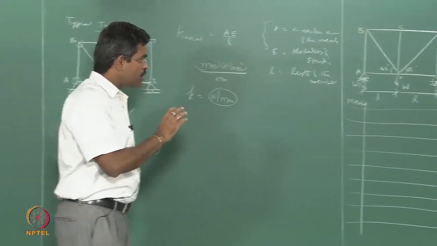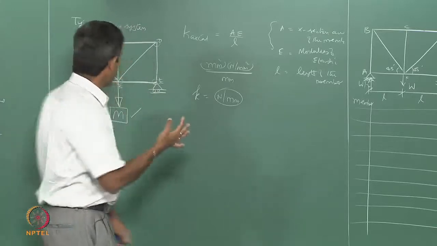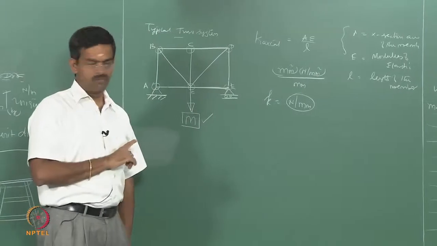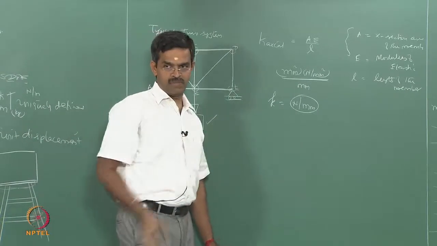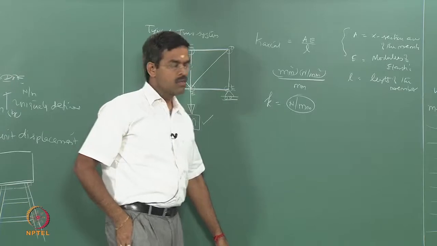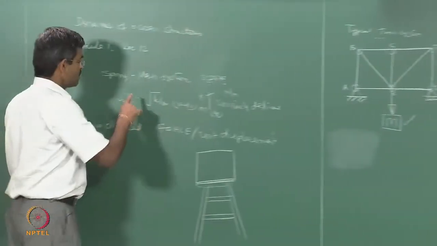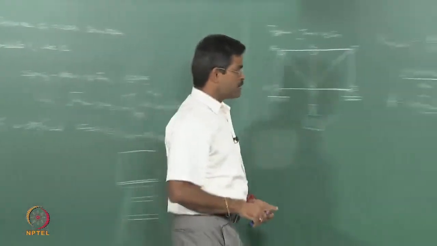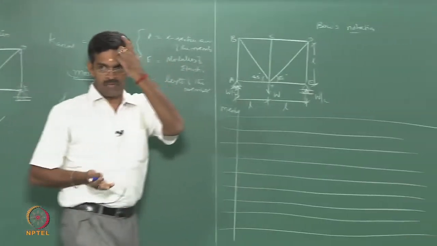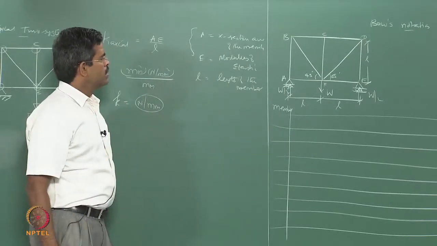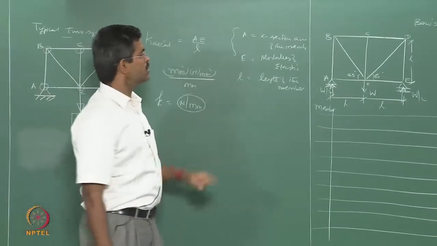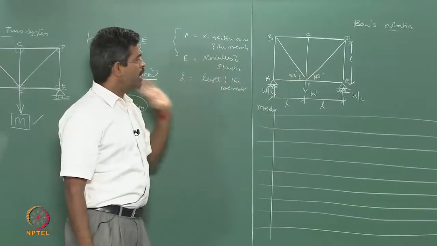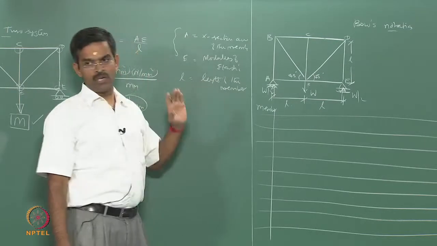Now, you are deviating to a thinking of structural mechanics, because we are talking about dynamics. In dynamics, we are not interested in forces, we are interested in stiffness, which is rather equivalent stiffness. Then why are we talking about forces? Because stiffness will become a force when I give unit displacement. So, I will give a unit displacement at this point and try to find the forces, I get stiffness. Okay. So, I have to find the forces. So, what are the unknowns? Internal forces in each member becomes an unknown now. Okay. So, I can solve this using method of joints and method of sections.